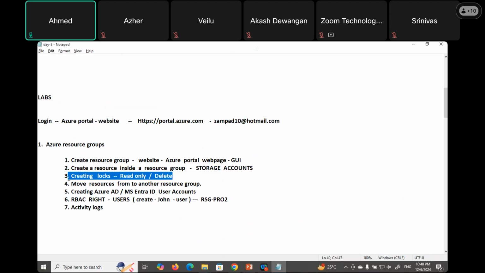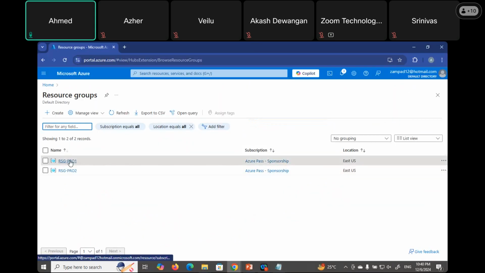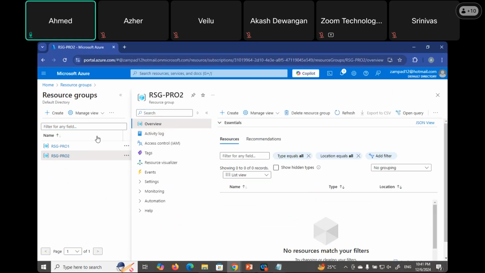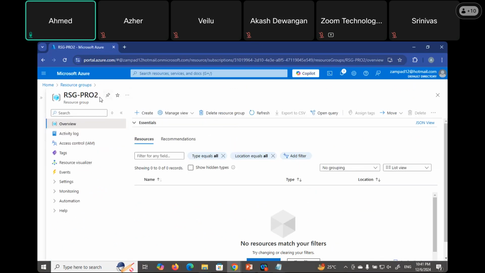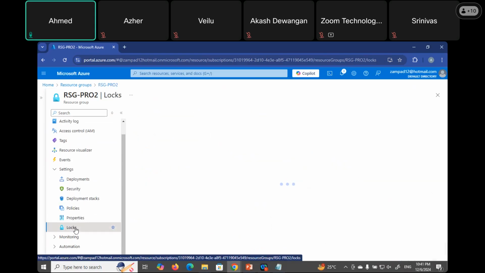So how to apply the lock, how to create the lock on a resource group. Read first, then we'll go for delete also. I'm going to the Azure portal page, open resource group 1, or we are applying the lock on resource group 2, for example. So open the resource group. Then here, if you minimize, this is my resource group 2. If you expand the settings option and come down in settings, you can find the lock option, the last option. If I go to the lock option here,